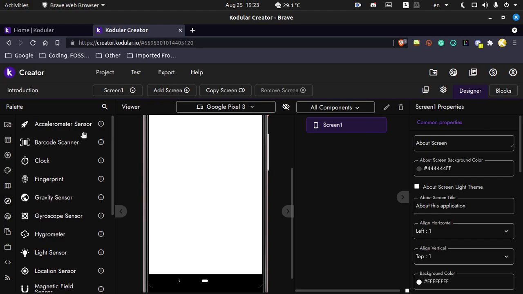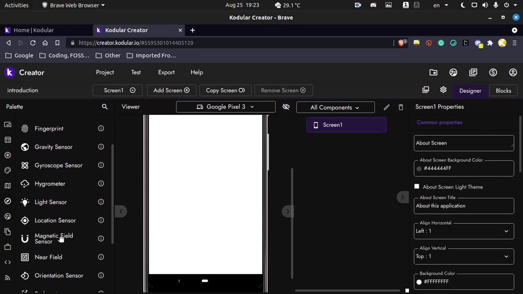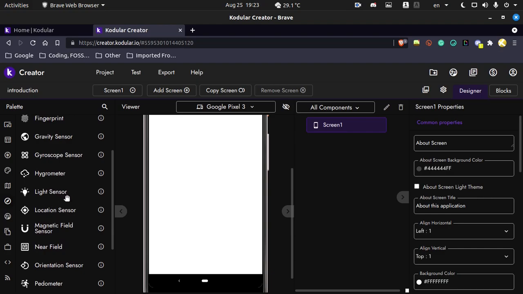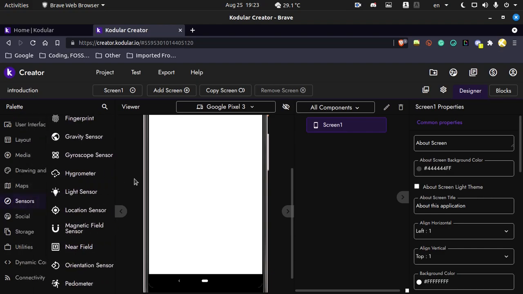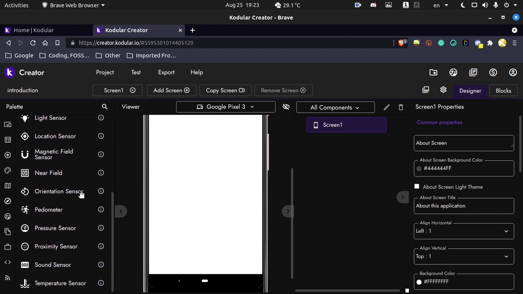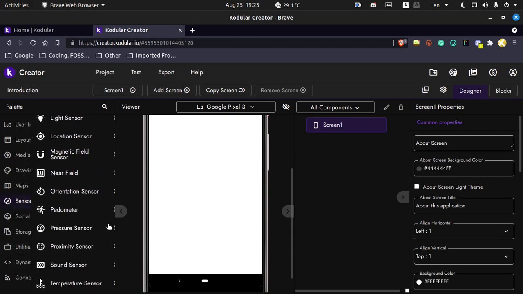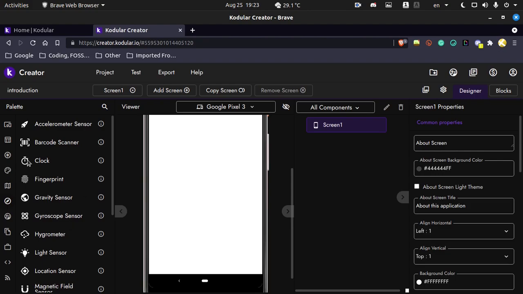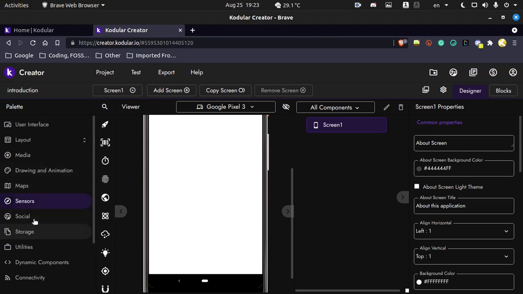So in all the phones, basically accelerometer is present, gyroscope is present, light sensor is present in 50% of the phones. The newer phones, light sensor is present for brightness adjusting. Orientation sensor, we do the horizontal orientation when we play YouTube videos or anything. Pedometer for steps counting. Sound sensor is there, and temperature sensor is also there in most of the phones. So you need to check whether your phone has these physical sensors or not, or else this will not work in your phone.